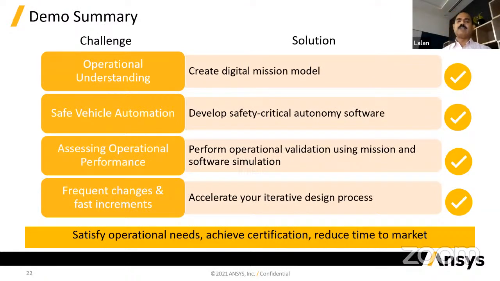taken the operations and validated them against the current mission system, or mission environment I should say, along with all that we have developed with the software, in an integrated way. And this is not a one-time process. Because of this virtual platform, virtual environment, we can always iterate this design process to make corrective actions and improve this,